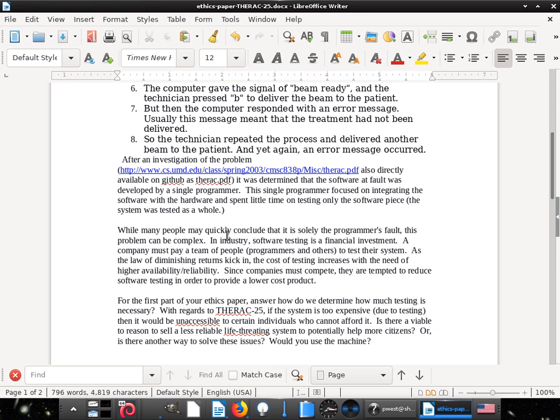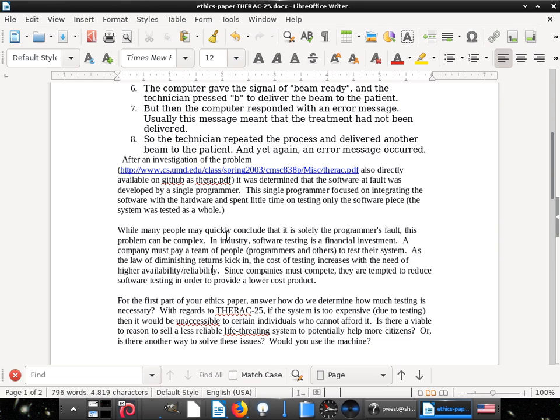In a month, okay. Maybe it would have helped if the software... if the technician didn't keep pressing the button over and over. But the technician technically didn't do anything wrong. He made a mistake and then corrected it. So he followed the manual, but the machine did not respond as the manual dictated it would. So you messed up 6 times. No, he didn't mess up. Not necessarily. I mean, you could try to argue that, but that's going to be a hard one to convince me of. Because of the definition of insanity.